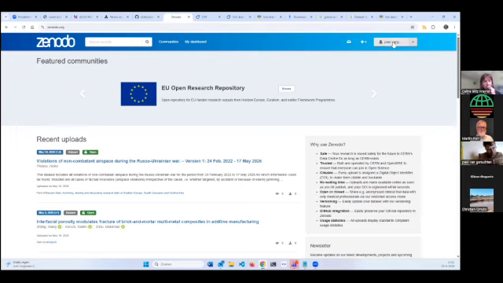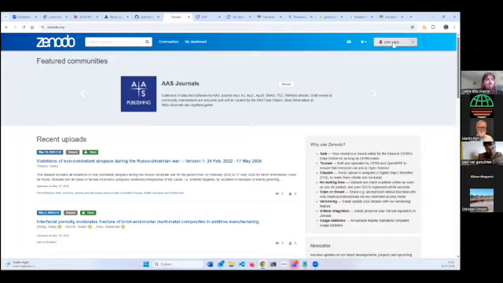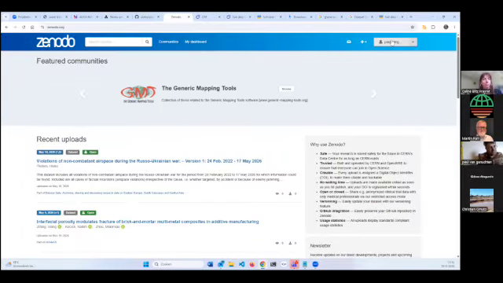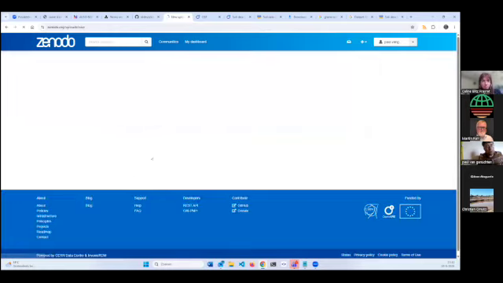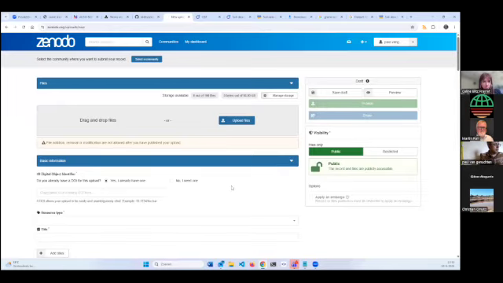When you register here, you need to register with an email from an academic institute, but they are really open. I've not heard of anyone being rejected here, but typically you can easily create an account here and start contributing. And from this option, I can do a new upload and drag up some files and then start creating the metadata.